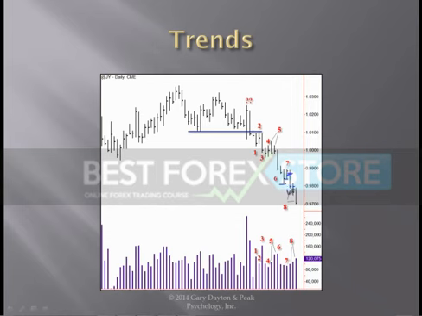And as we come down here, making lower lows and lower highs, I'm seeing volume picking up. This market is just weak. There's no demand at all in here. Everybody see that? Everybody understand this? You want to get in trends, and I'm showing you how to do it and how to stay with the trend. Okay?